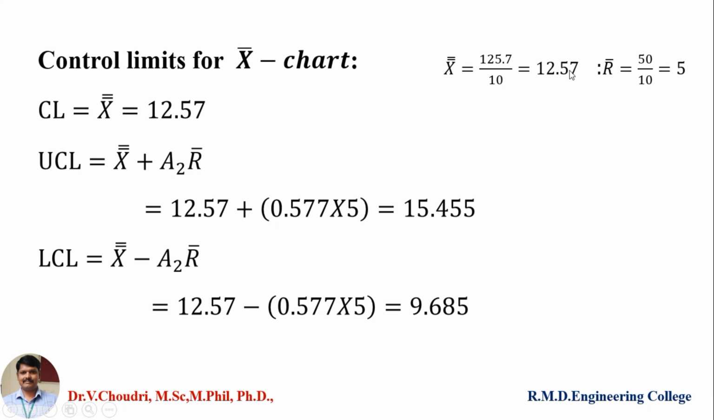X double bar value 12.57 plus the A2 value we found, 0.577, into 5, because the R bar value equals 5. What is the answer? 15.455. And the lower control limit line, or LCL, is X double bar minus A2 into R bar. Substitute here, you may get the value